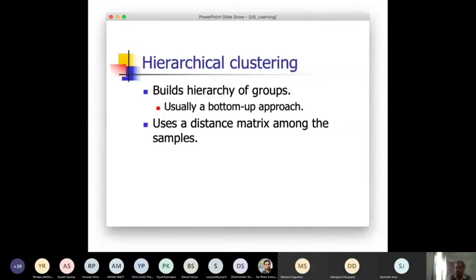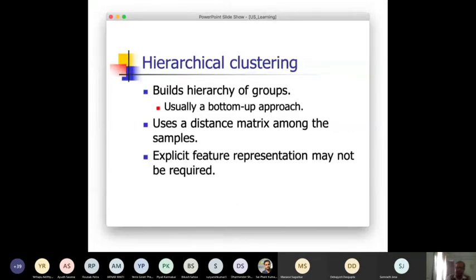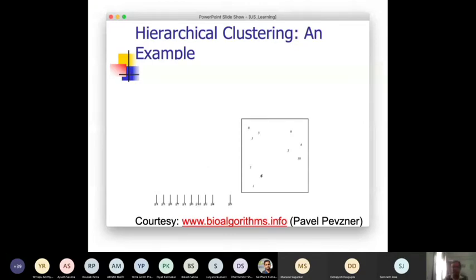And also, if you define these distance matrices, sometimes we have used this concept of kernels, where you extend the concept of clustering to non-numeric representations, where you only need to define the distance matrix. That is another advantage of this particular representation. So explicit feature representation is not required, as I mentioned. It is a non-probabilistic approach that we'll be considering. It doesn't mean that there could not be any probabilistic approach. So the hierarchical clustering, I will explain with